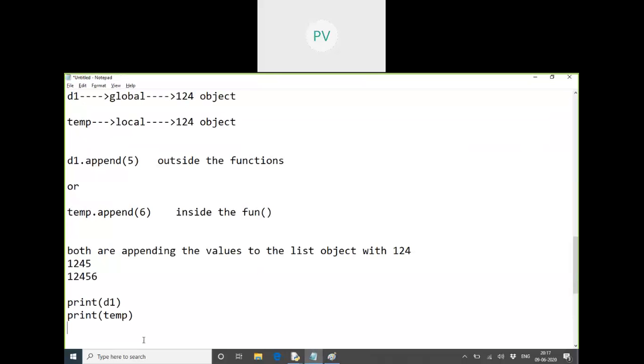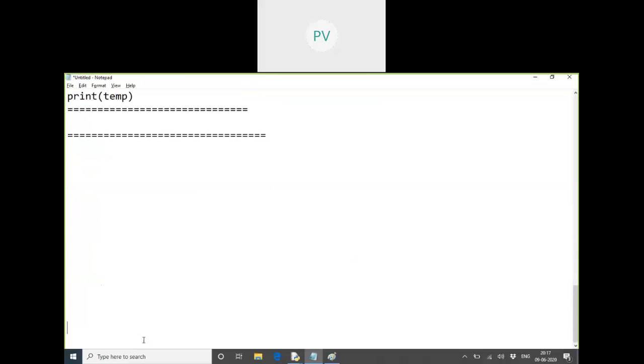Yes, ma'am. So now we'll go for the actual topic for today, that is types of functions. Right now, we understood functions and local and global. Now I will go for the types of function definitions. In Python, we can go with various types of definitions. First one is what we simply call required arguments.